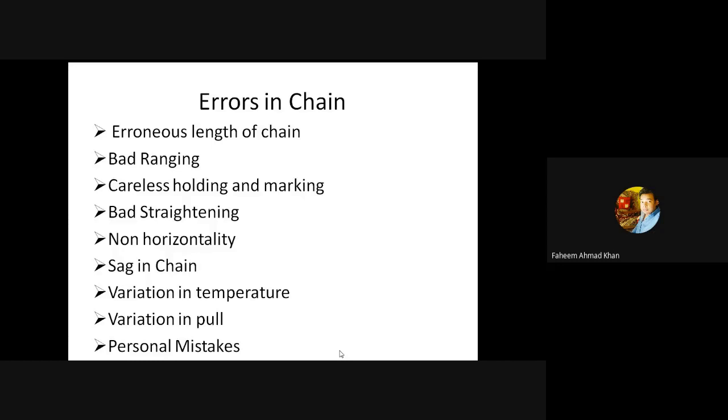The last one is the personal mistakes. Now, the personal mistakes always produce quite irregular effects. The following are the most common mistakes which I want to discuss. First of all, displacement of arrows. If the arrow is disturbed from its position either by knocking or by pulling the chain, it may be replaced wrongly. To avoid this, a small cross must be marked on the ground while inserting the arrow so as to avoid any kind of problem.